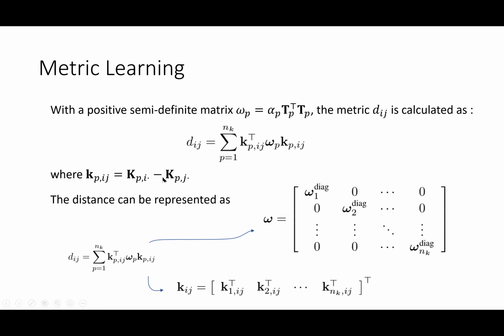And we measure the P aspects of distance in the matrix space between I and J, and in this way we can measure the distance between I and J, and then we can convert the original kernel space into this sort of diagonal structure. And here to measure